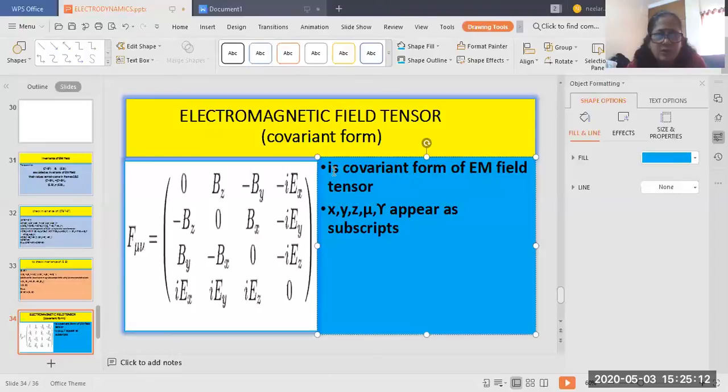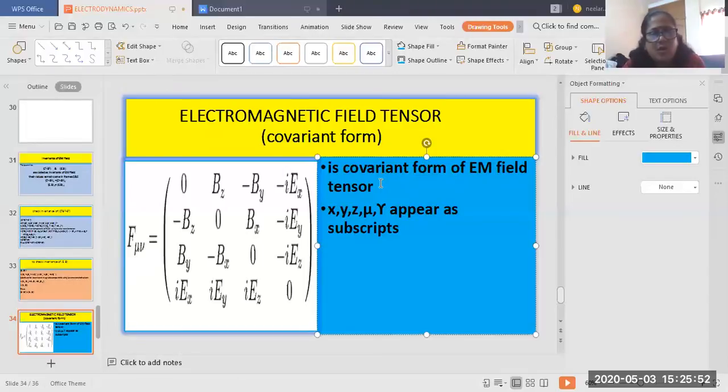Okay. So now I have introduced a new word here, covariant form. Last class I didn't tell this. I only told this as the electromagnetic field tensor. So now I am introducing the new form, called covariant form. What is the meaning of covariant form? Co means to assist. So this is in the positive sense. This will help the tensor, and the negative sense of helping comes in the next slide. So it is called the covariant form of the electromagnetic field tensor.